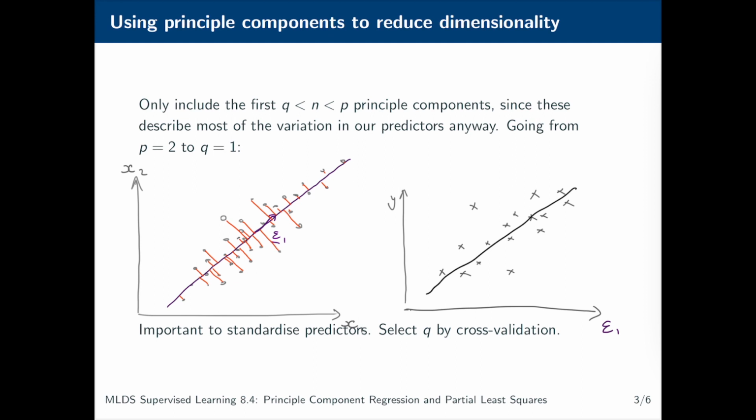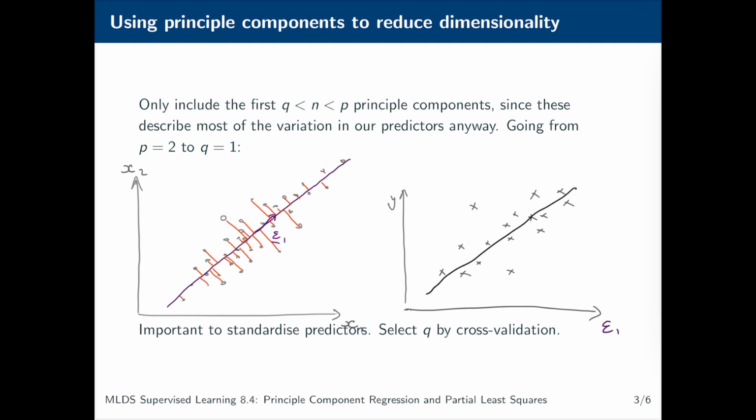When we're doing this sort of principal component regression, it's really important that we standardize our predictors. This is because the scale on which each of our predictors are measured is going to influence the amount of variability that they have relative to the other predictors. So if, for example, we'd chosen to measure lengths in millimeters, the variation in those values is going to be much larger than if we'd chosen to measure the same lengths, but in kilometers instead. Standardizing all of our predictors in this way puts them on a comparable scale